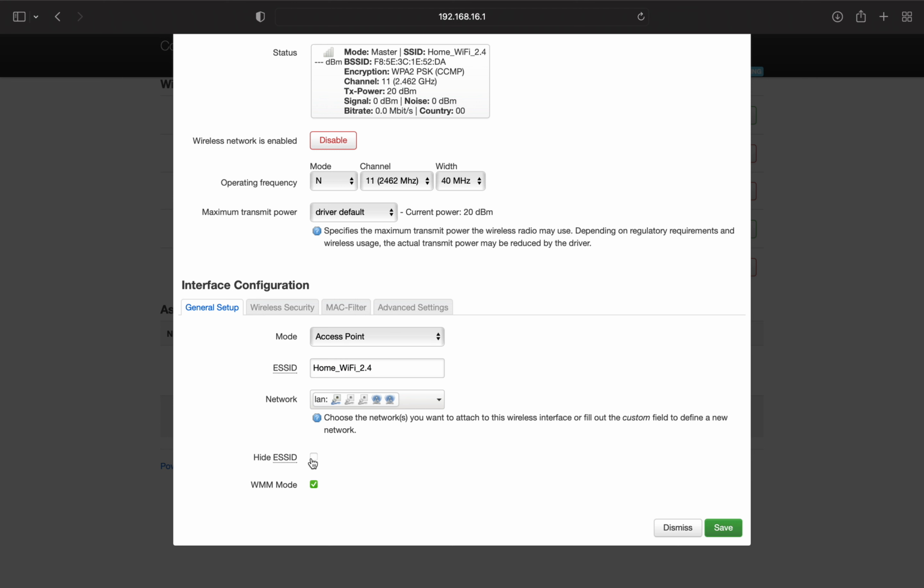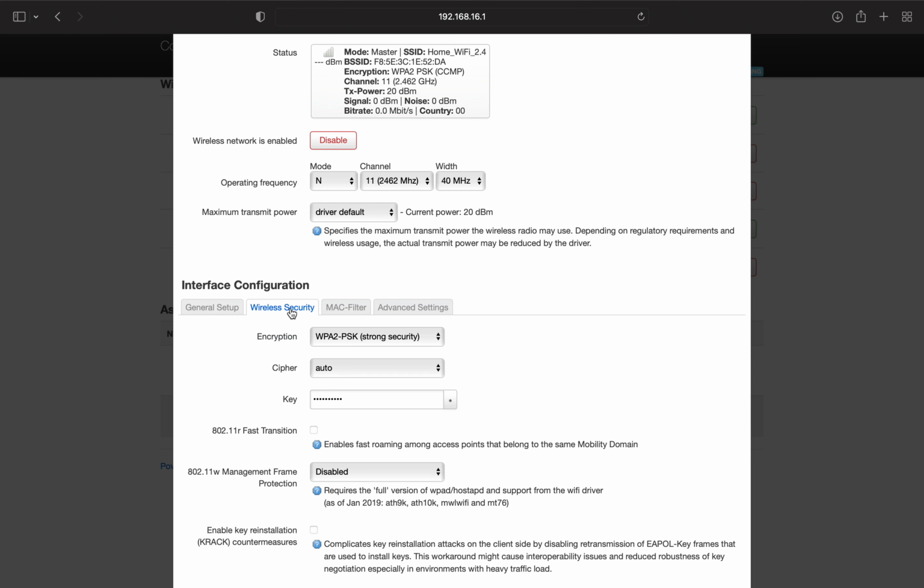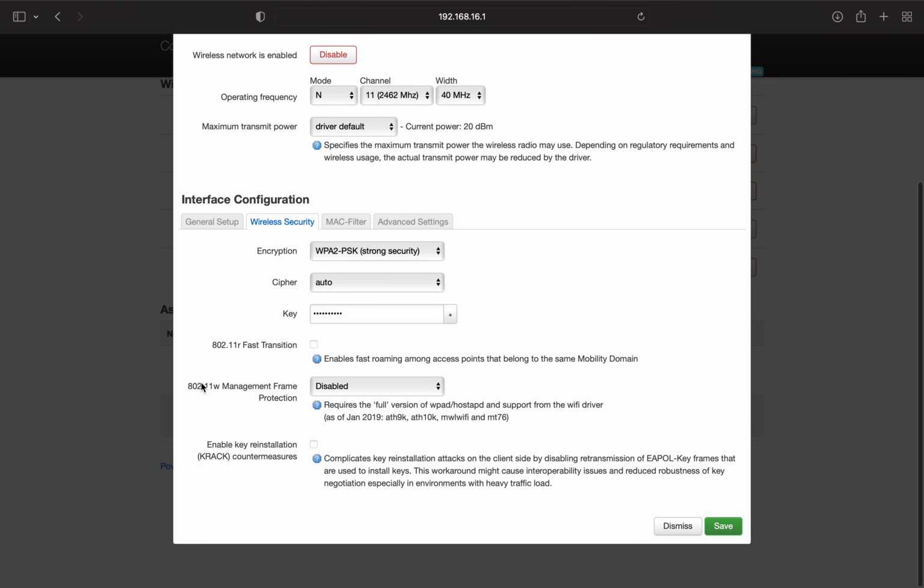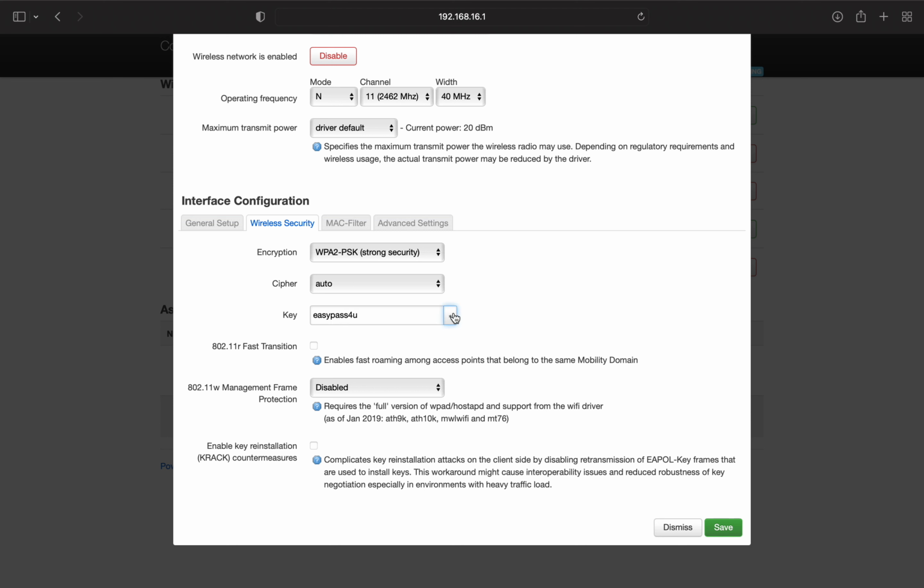You can also hide it so that if you're not going to use the 5 or the 4, with 2.4, whichever one, you can also hide it. But under wireless security, this is where you'll find your password. So by default, all passwords are set to easy pass for you. You will want to make sure that it is the WPA2-PSK, and once you do that, make sure you set the key to what you want it to, and you'll